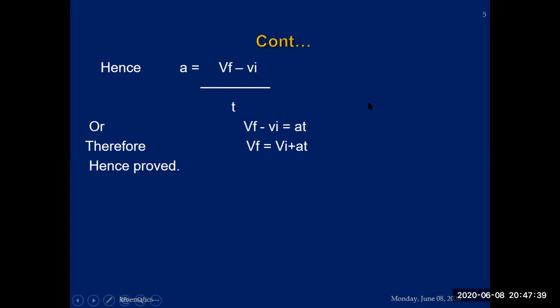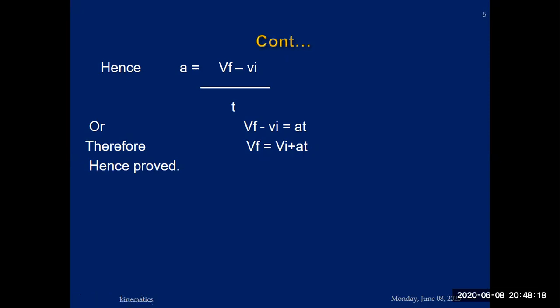But if a body starts from rest, after 10 seconds its velocity becomes 10 meter per second. 10 meter per second is the final velocity. After a certain time, you calculate the change in velocity and you divide. If you are asked to calculate acceleration, then A will be equal to Vf minus Vi divided by T, the same formula which you have seen here. So if the velocities are given and the acceleration produced during the change of velocity is given, you will be asked how much time it will take to change the velocity to reach up to this acceleration. So this will be another type of problem.